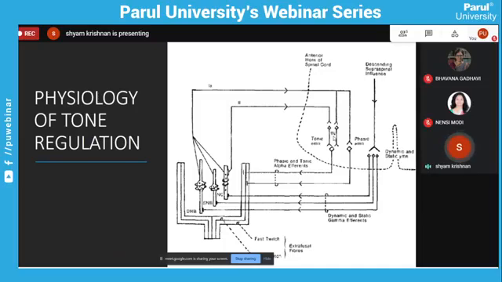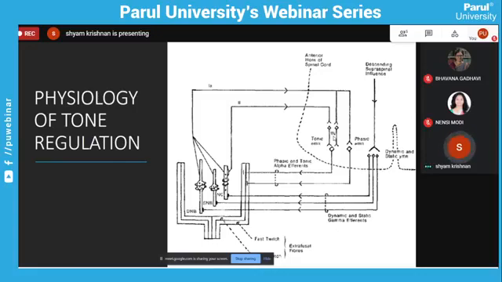I'm talking about an active extension of the elbow. There is going to be a resistance offered by the resting tone of the flexors. Unless this resting tone is inhibited, you have to expend more ATP to produce an elbow extension. So when we go for an elbow extension, there has to be a simultaneous relaxation of the elbow flexors. That is what is called reciprocal inhibition.